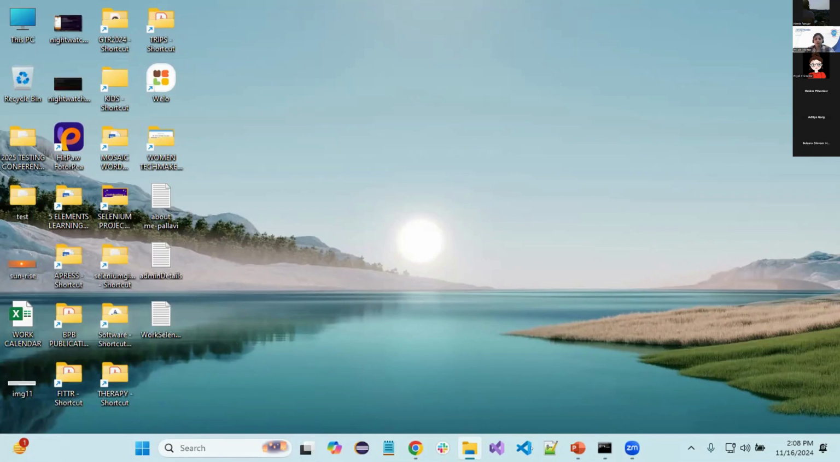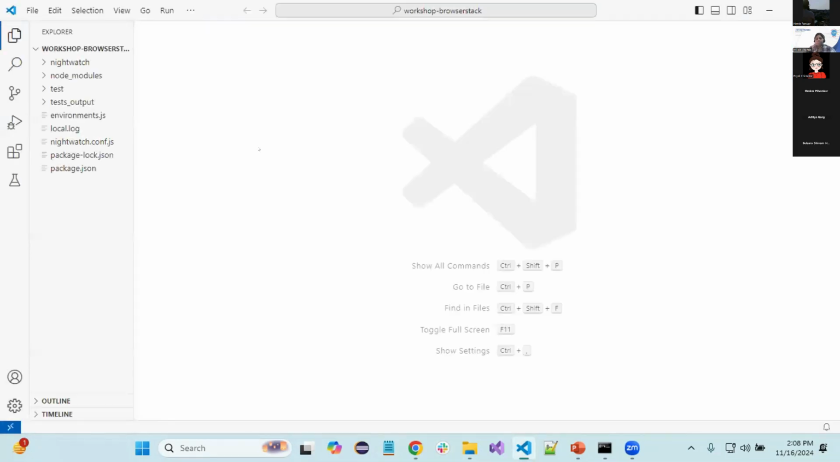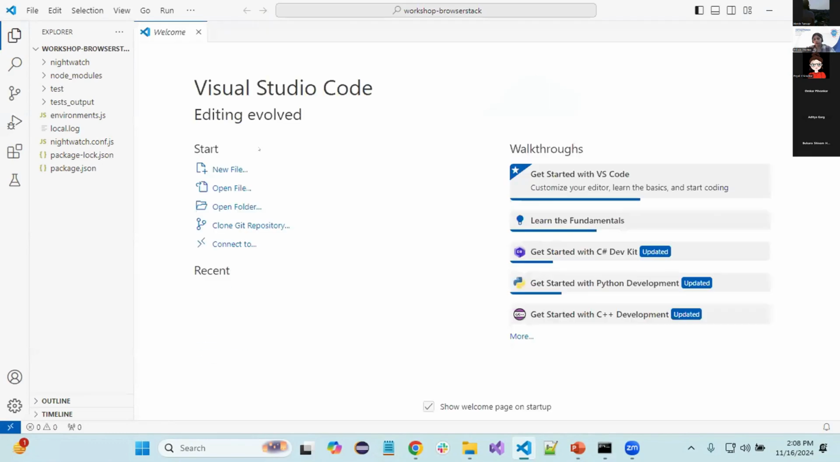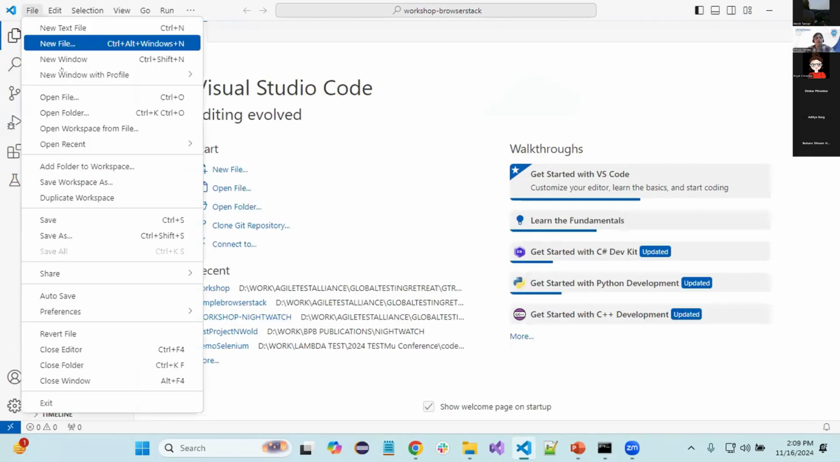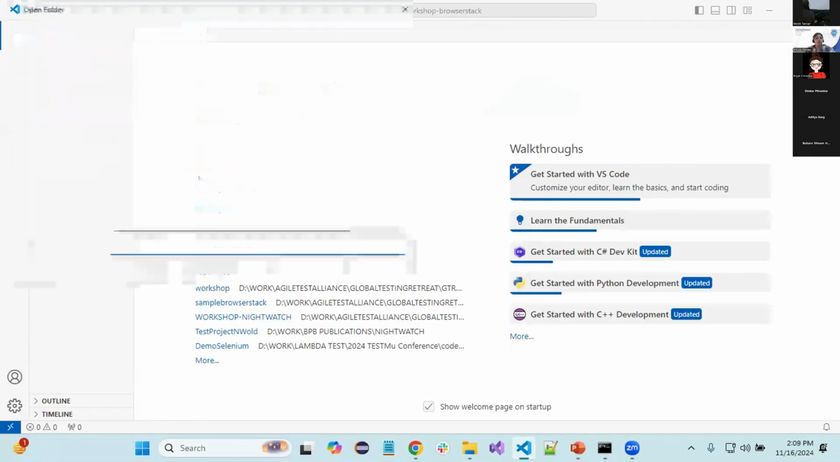So what I'm going to do is show you on the IDE. We'll now be moving on to the IDE. Again, the setup for the IDE, whatever is required, is shared in the document which is there with you all. So